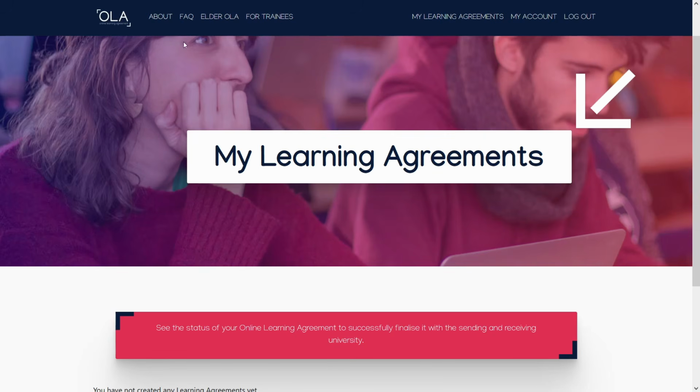You can read more about the platform or see an FAQ for some of the frequently asked questions, as well as access the old features of the previous online learning agreement, which will be slowly discontinued and should only be used in case you already made a learning agreement using the previous platform. You can also see your learning agreements and review the account details that you set up as part of the